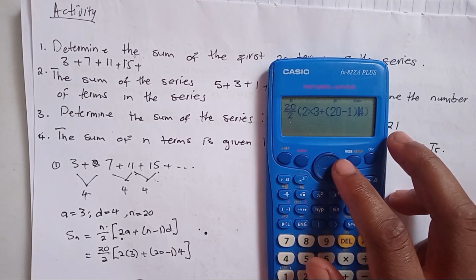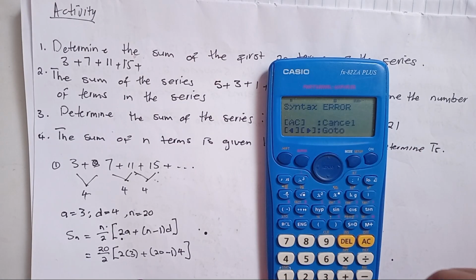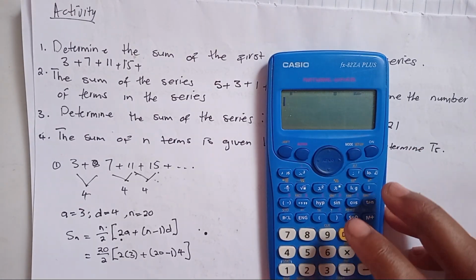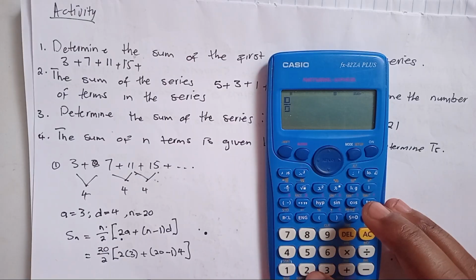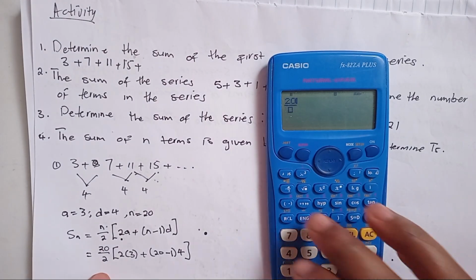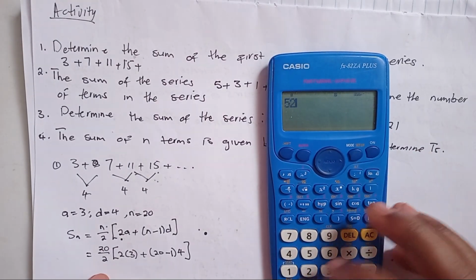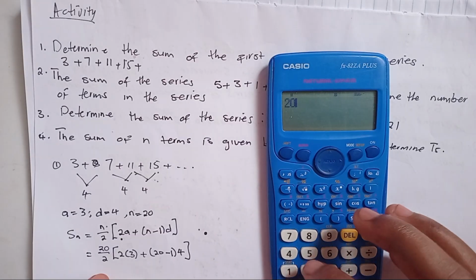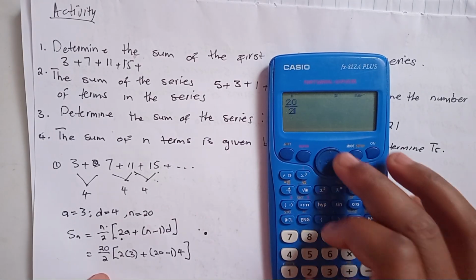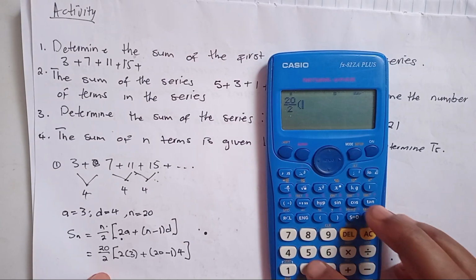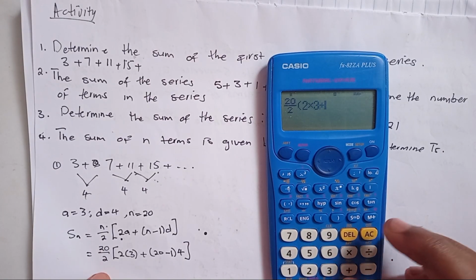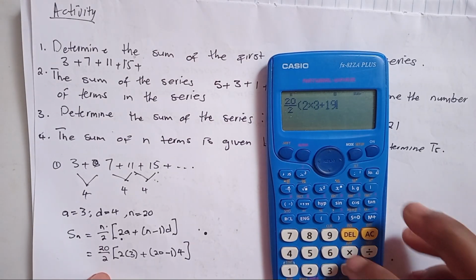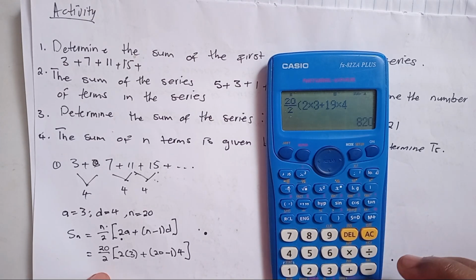Oh, what's happening, guys? Let's try one last time. 20 divided by 2 into 2 multiplied by 3 plus 19 multiplied by 4. It gives us